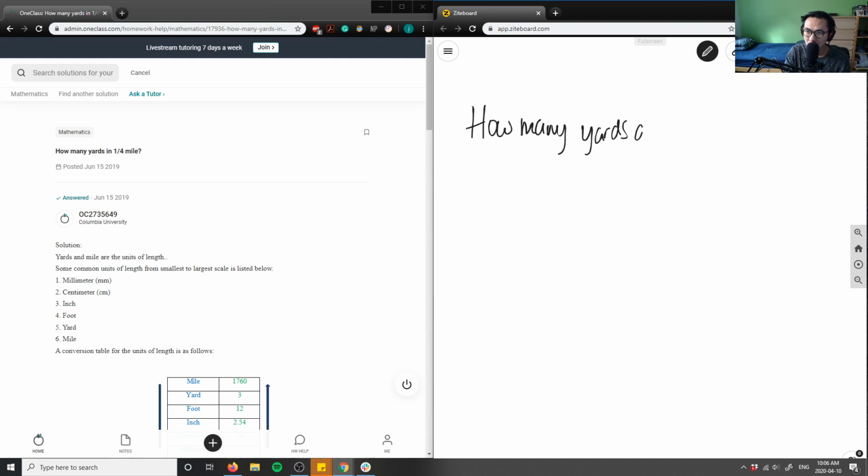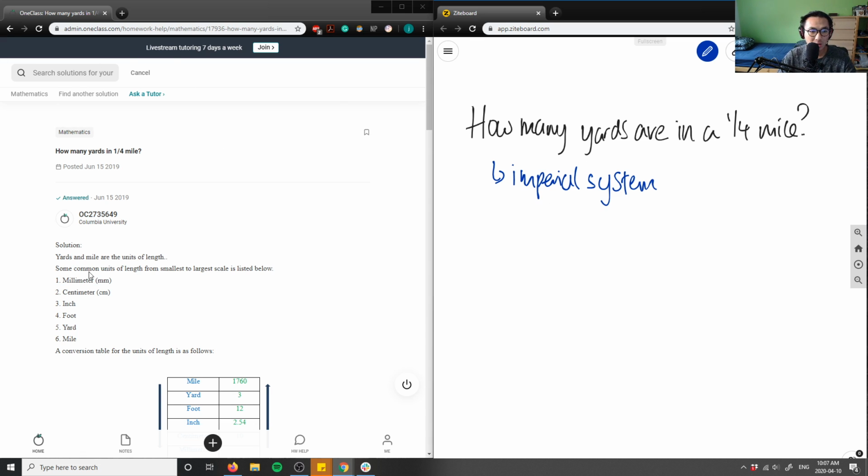So how many yards are in a one quarter mile? That's going to be our question for today, our first question. This brings up the topic of pre-algebra, dimensional analysis, or grade 8 measurement if you're tuning in as an Ontario student. It's asking how many yards are in a quarter mile, and this is specifically the imperial system. We have the metric system with meters and centimeters, but this is the imperial system, so it's looking at yards, miles, feet and inches as well.